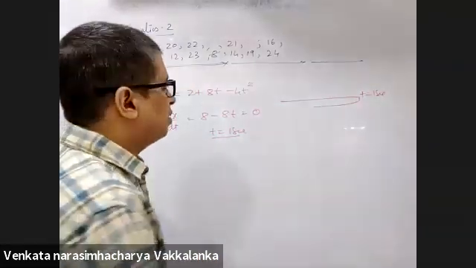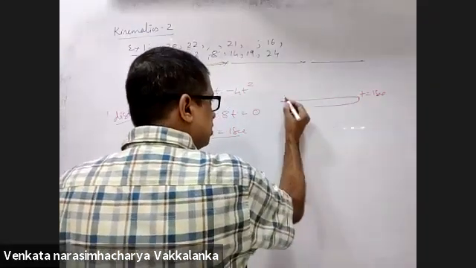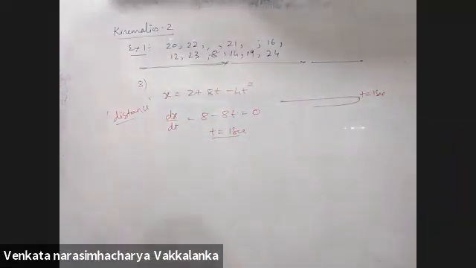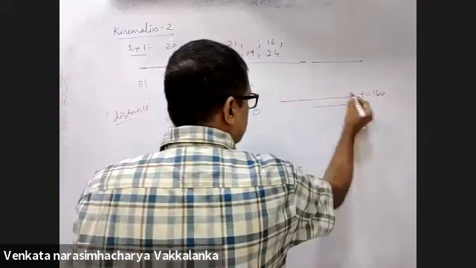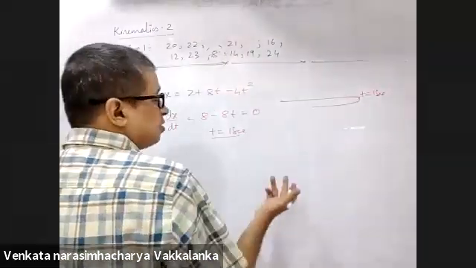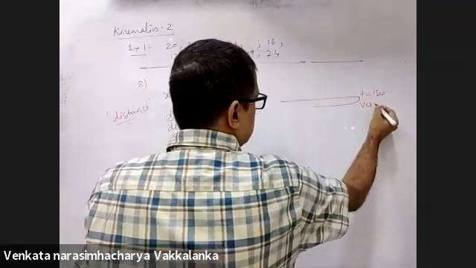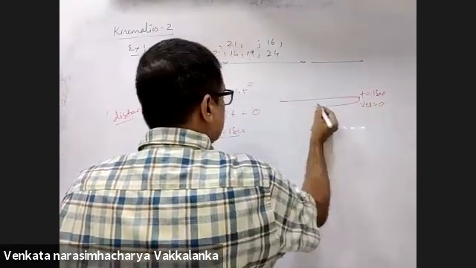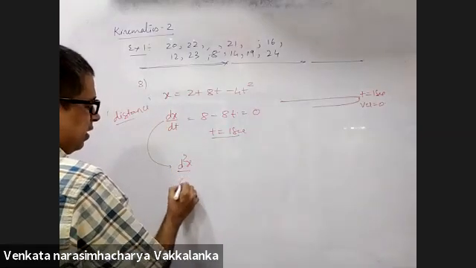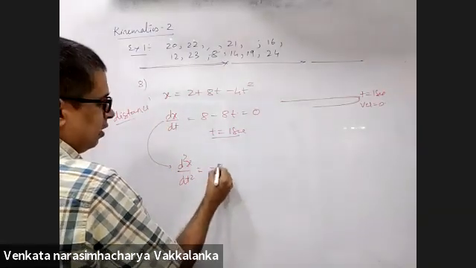So that means till 1 second distance and displacement are the same. After 1 second distance and displacement will not be the same. So calculate the displacement for 1 second. Then calculate the displacement for the next 1 second with velocity here to be 0. You know the velocity. How do I get the acceleration? Do this: d2x by dt square is equal to minus 8.